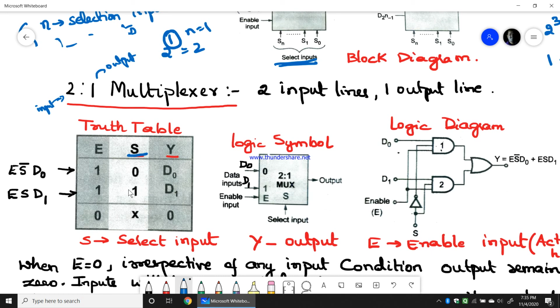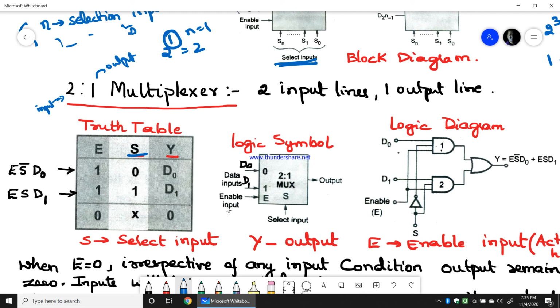So the 2 inputs are D0 and D1, what you can see in this particular symbolic diagram of the 2:1 multiplexer. We normally will have an enable input for each device, which we have discussed even in encoders and decoders. This enable input will enable the input and output lines. Only when the enable input is active will the input be selected as an output.